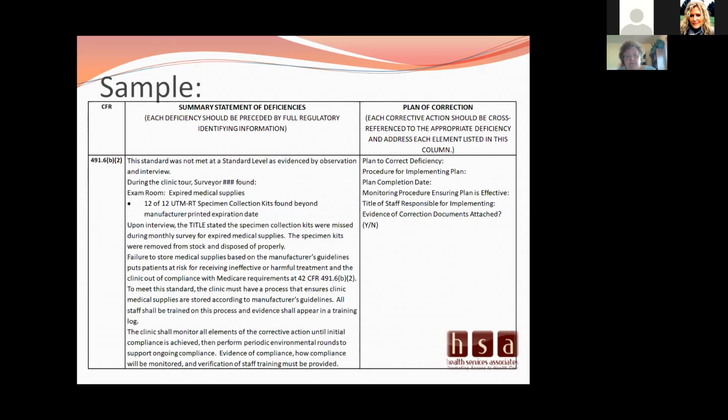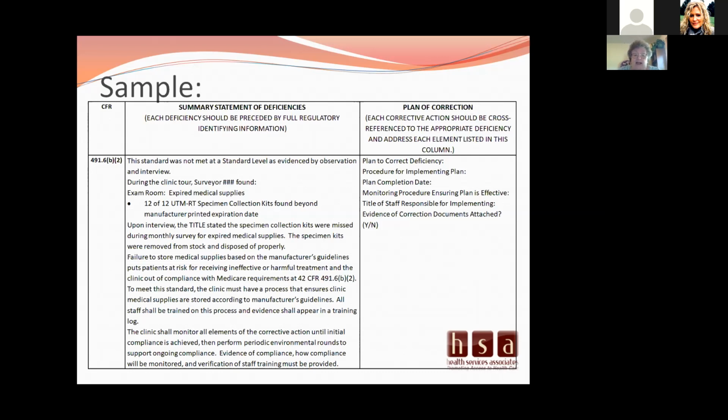The clinic shall monitor all elements of the corrective action until initial compliance is received. Remember that slide where I said, create the tools, create the check timelines, go in and monitor? This is part of the monitoring process. You have to monitor the problem until you know you have achieved compliance, and you're able to perform periodic environmental rounds that support ongoing compliance.